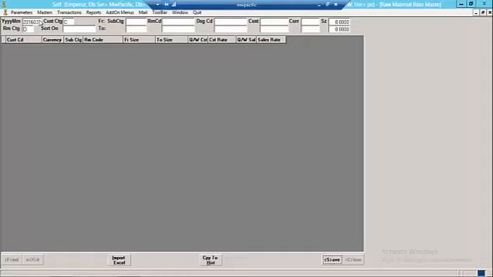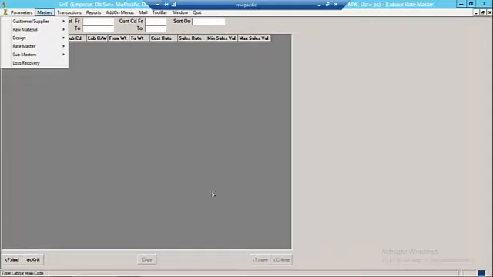Here in the entry, the user needs to specify the current year and the month for which he needs to store the rate chart, then the RM category and the customer category. Then he needs to click on copy to history, specifying the customer whose rate chart needs to be copied to the history entry. The rates can be saved for every month of the year.